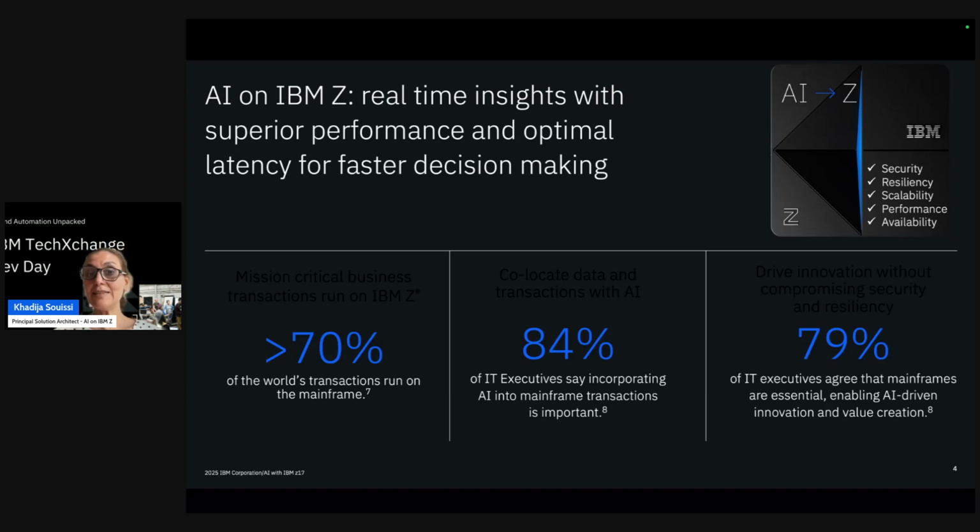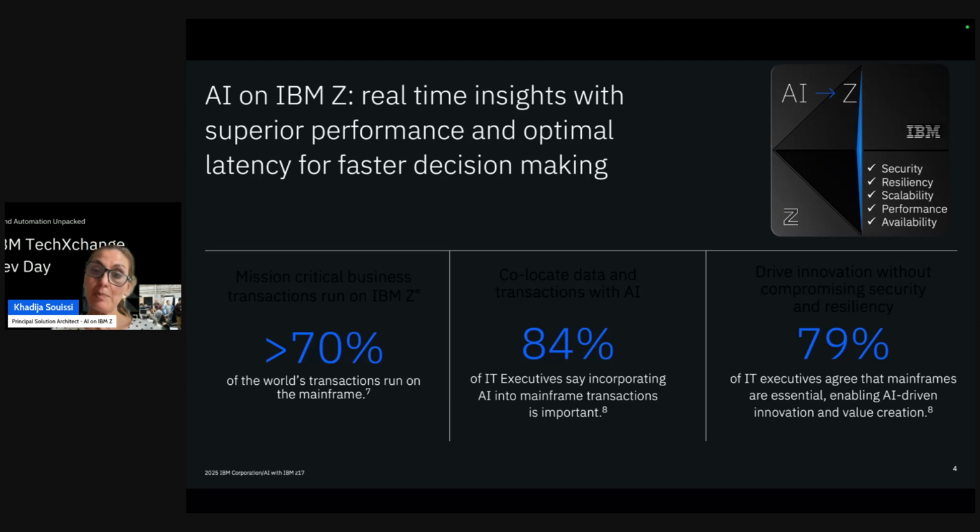The idea is to bring AI where those transactions are taking place and where the data is residing, especially where the music is playing, which is the IBM Z platform,